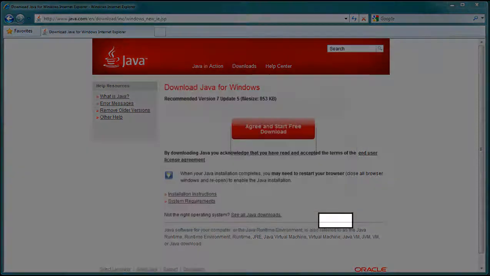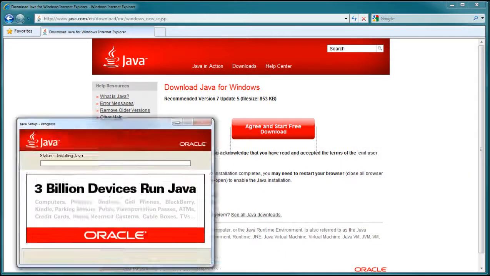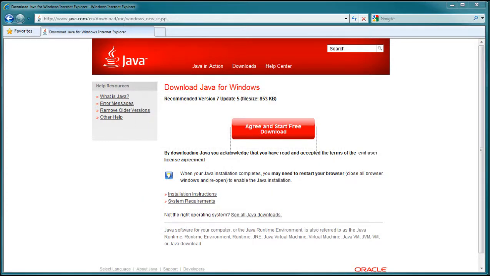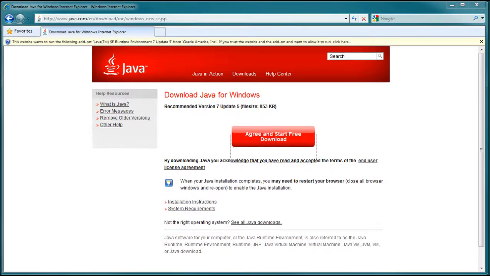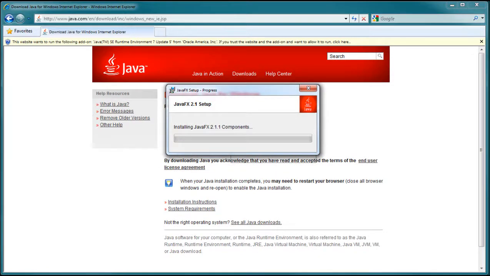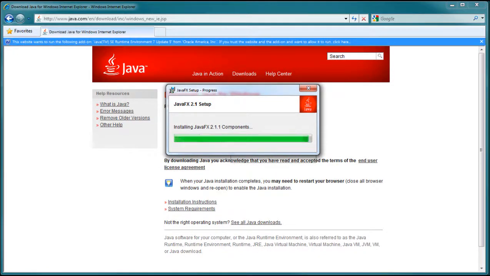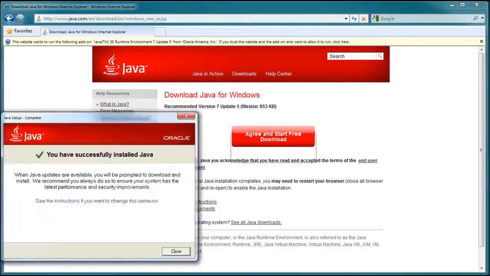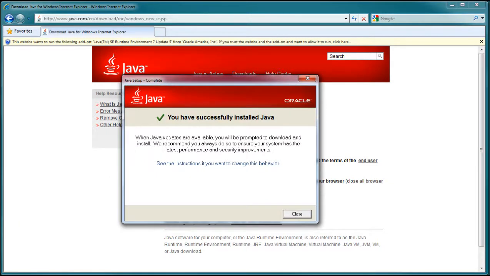Click on install, and you get the installer progress dialog shown up. When you get the notification that Java is installed successfully,